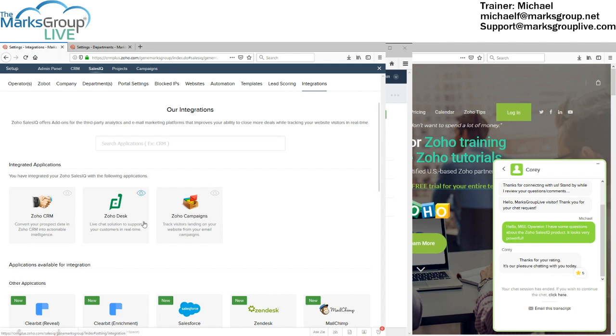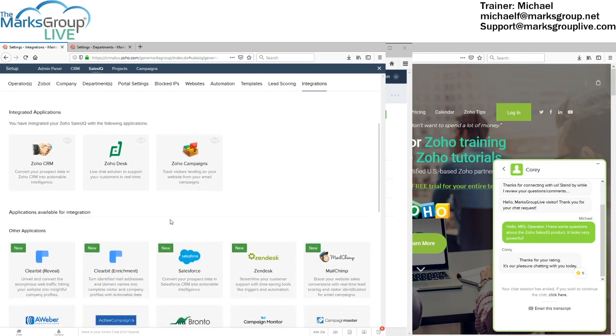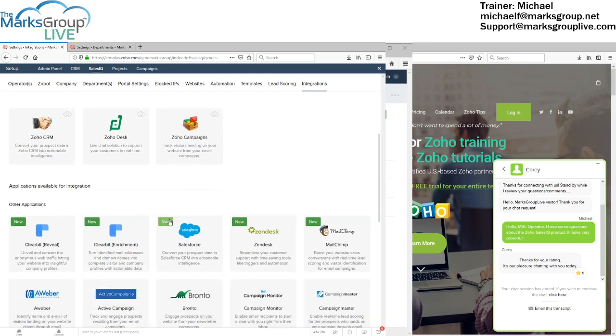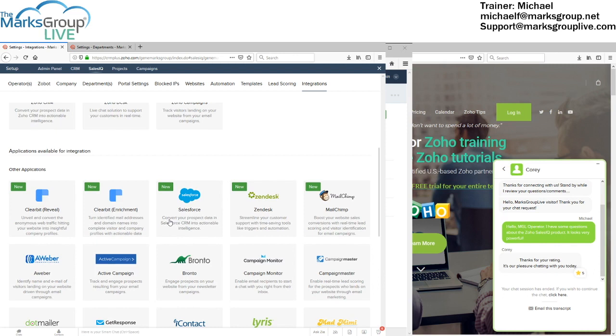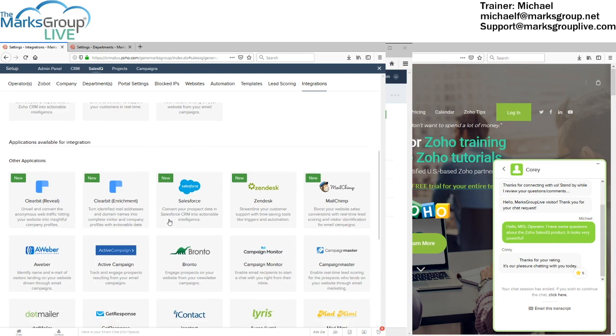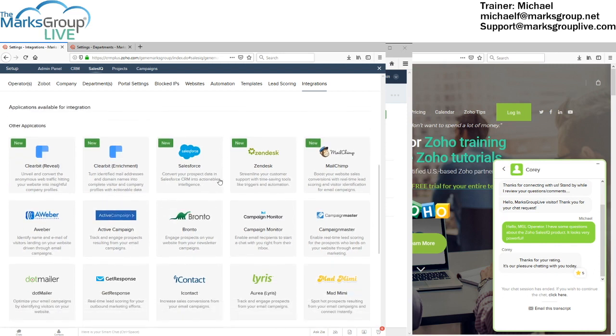Off to the far right here, there's the integrations. We are automatically integrated with the Zoho CRM, Zoho Desk, and Zoho Campaigns. But there are other integrations as well. You can see that I can integrate the Zoho SalesIQ application with a lot of other systems, including, of course, Salesforce,